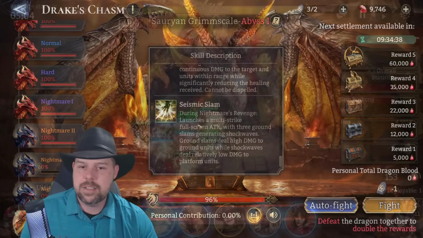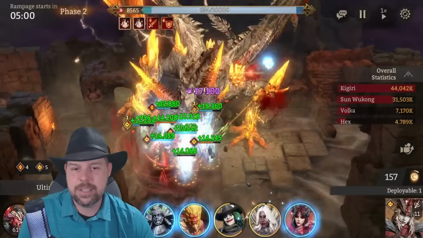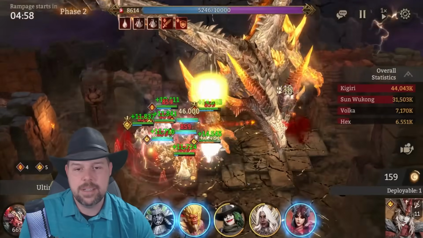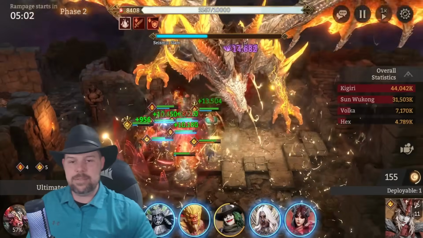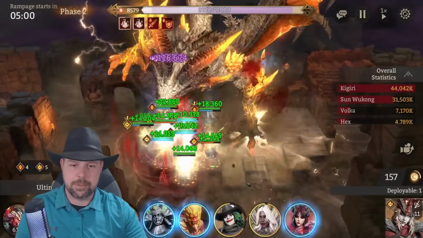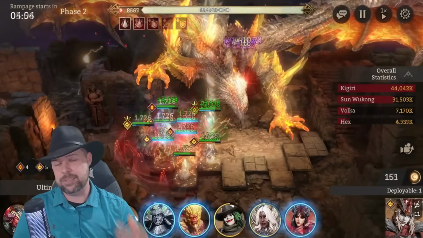During Nightmare's Revenge, the boss launches a multi-strike full screen attack with 3 ground slams, generating shockwaves. Ground slams deal high damage to ground units, while shockwaves deal relatively low damage to the platform units. The platform units take a little less damage, which is nice, and this is why we're going to be using